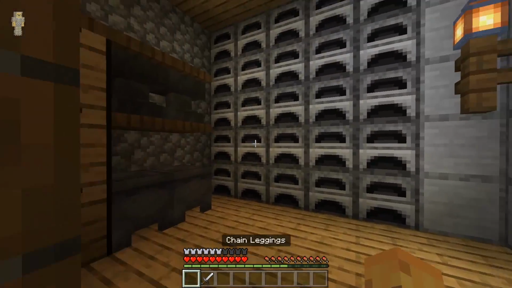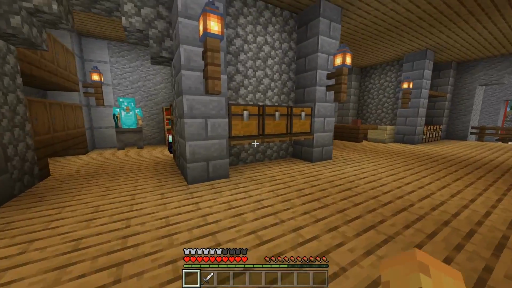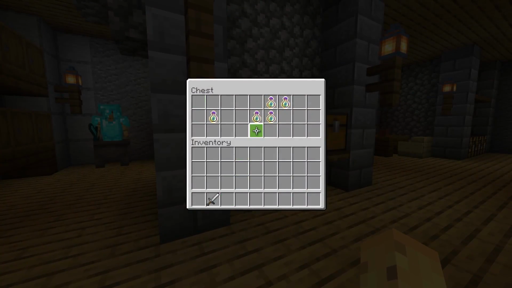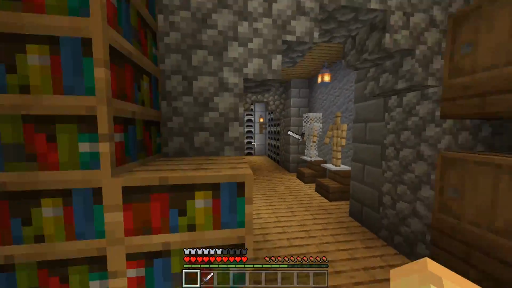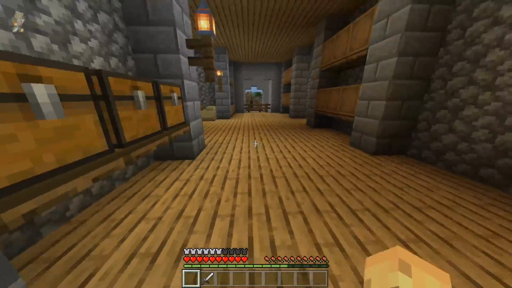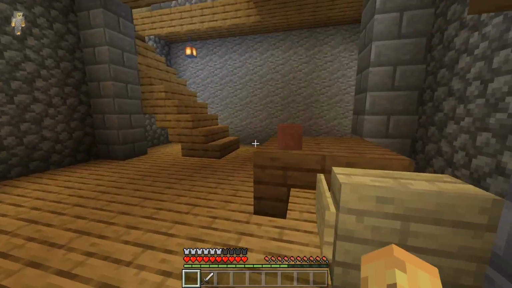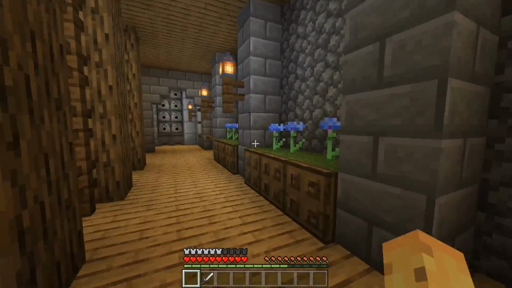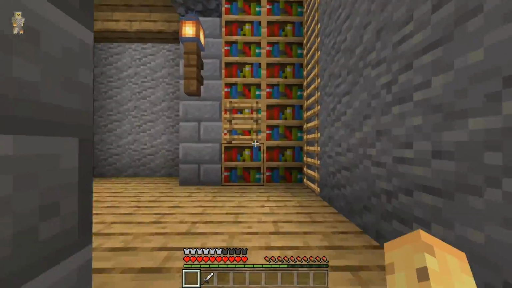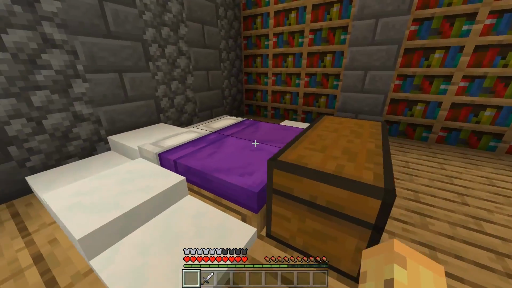But I've also got too many furnaces, some experience bottles for no particularly good reason, and also an armor stand chilling in a cauldron. I mean, it's a fun area, but this is not what the map is about. This is just a fun distraction. Although actually, this is going to be like the most fun we have with the map, I imagine. So let's make the most of it before we get into the actual, oh